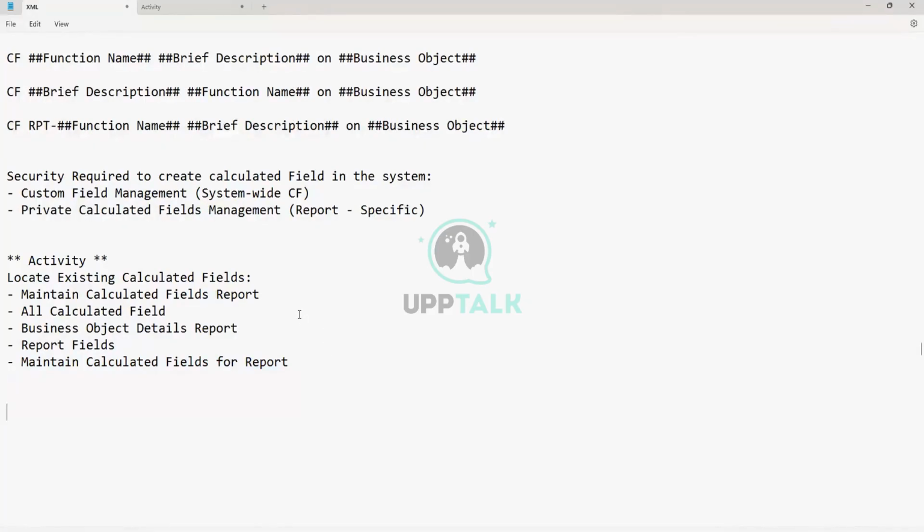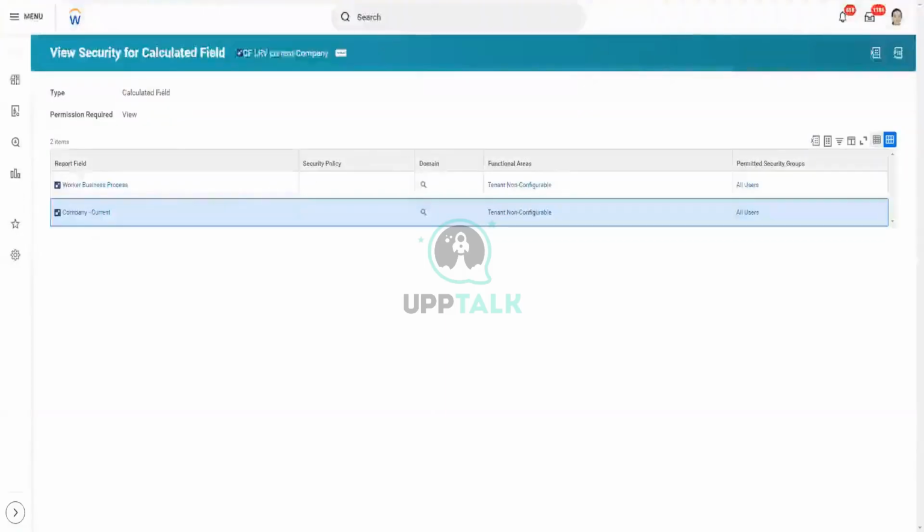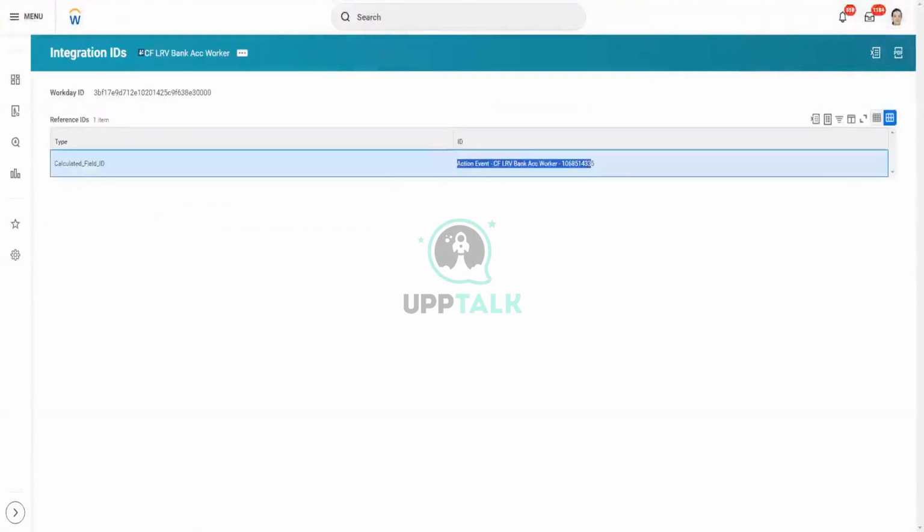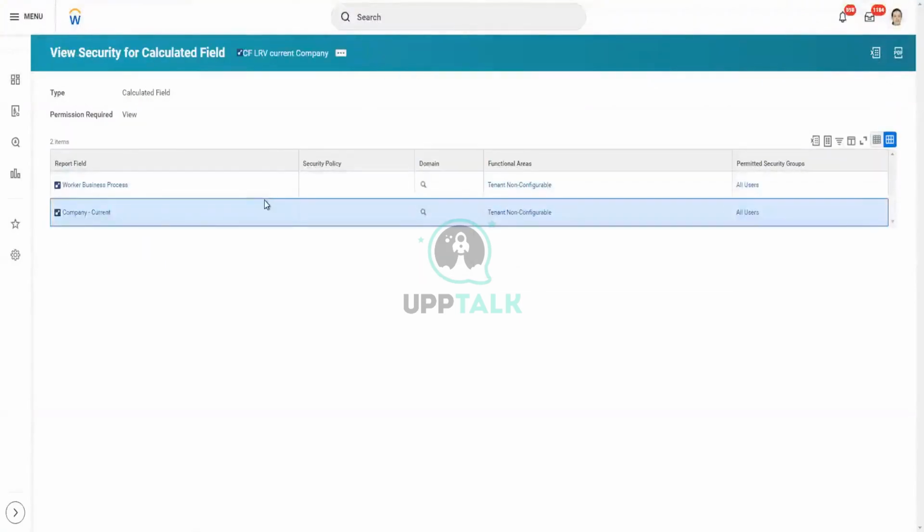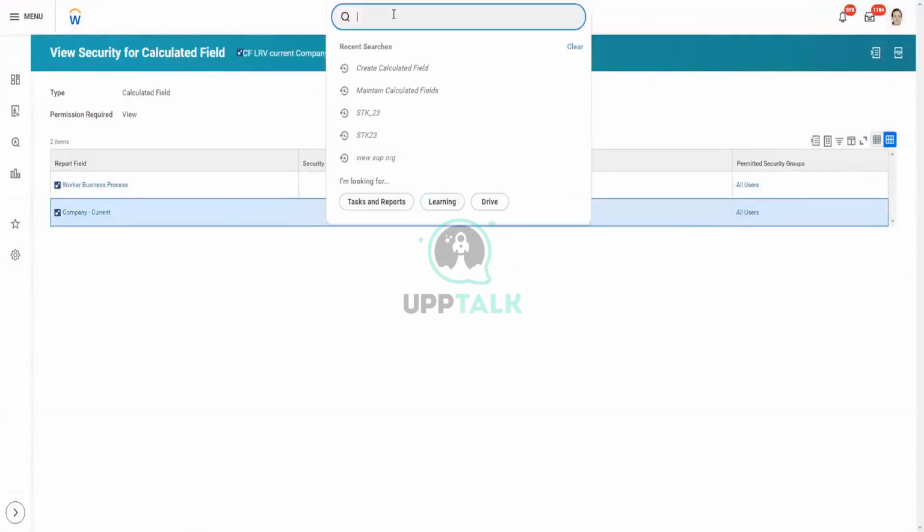Calculated field, which I would. That is not a function, any function. The first calculated field is quite a global calculator. What do we mean by global calculator fields? In Workday, whenever I try to create any calculated field, you can see